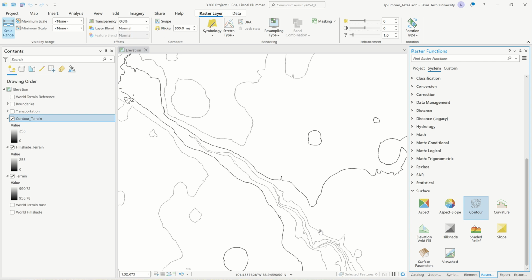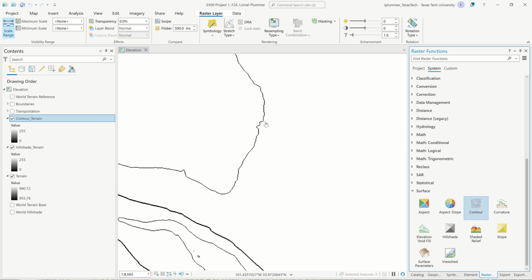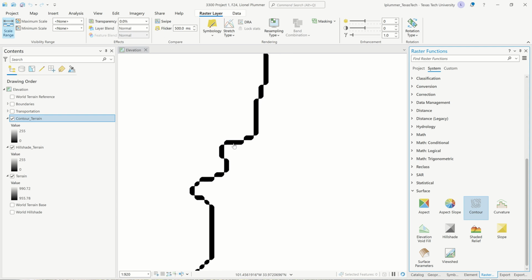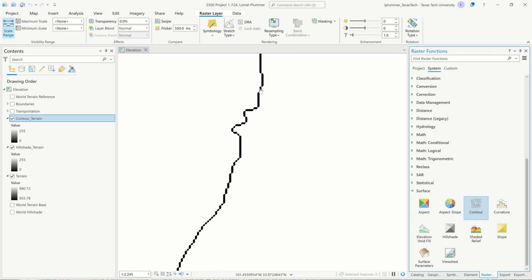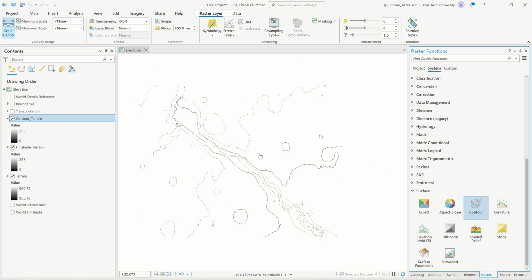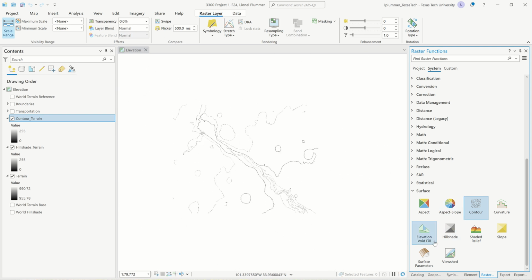Which is a mathematical term for points in space. Okay, so if I was going to zoom into one of these, do you see these are made up of pixels, okay? And what you really can't do a whole lot with these kind of tools except visualize,